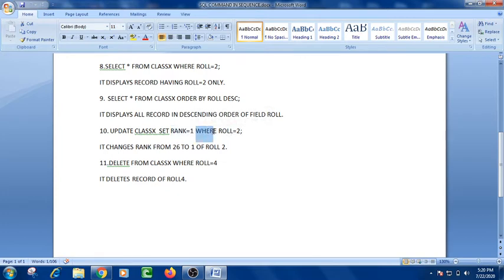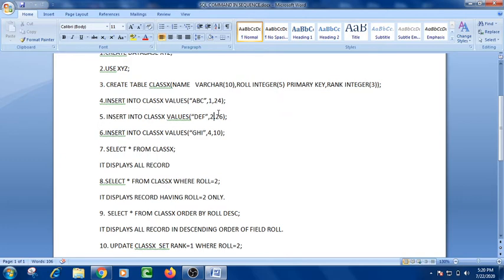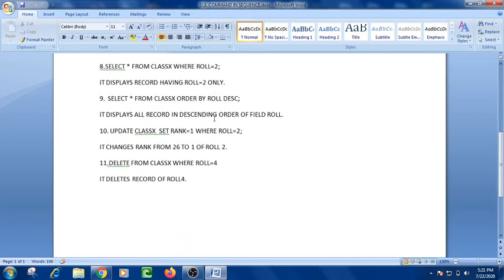So again the where clause is used. Where is always used whenever a condition is going to be applied. So I am writing here, change the rank of roll number 2. You can see that roll number 2 is having the rank 26.